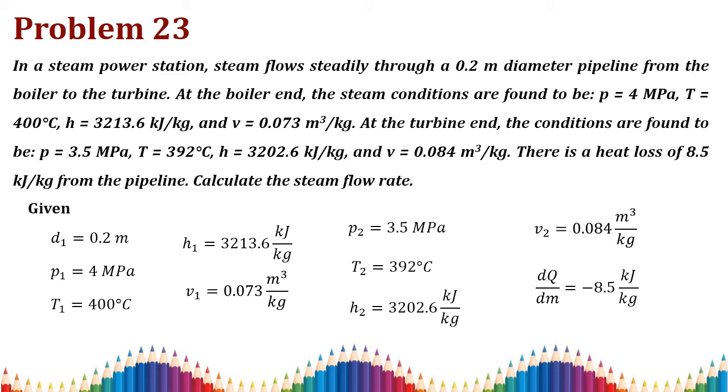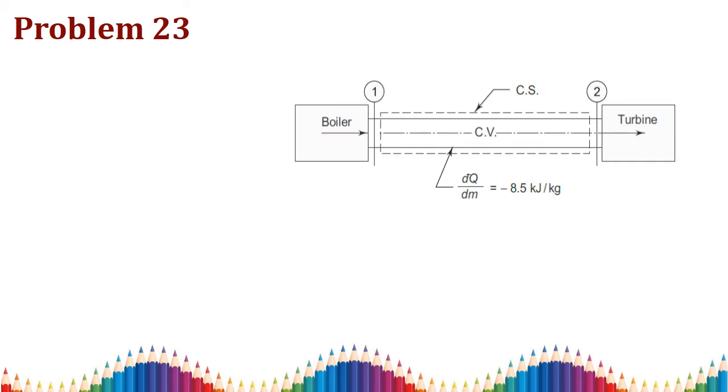To explain this clearly, we have a diagram on the next slide. We are going to see that. You see here, this is your boiler end and this is your turbine end. What we are going to discuss is only this pipe. At the boiler end they give some conditions as 1 and at the turbine end they give some conditions as 2. So we need to consider only this one. Only this is a pipe type problem. We need to find the steam flow rate.